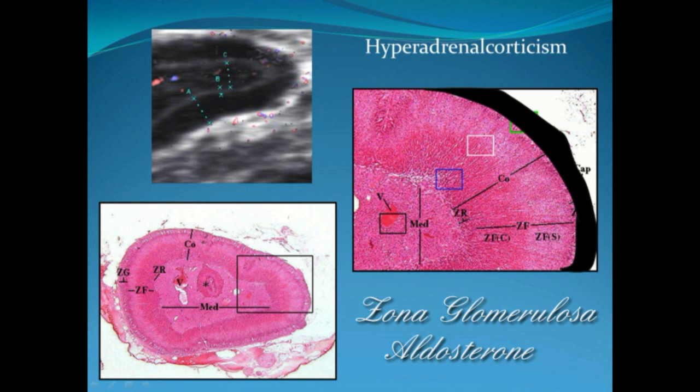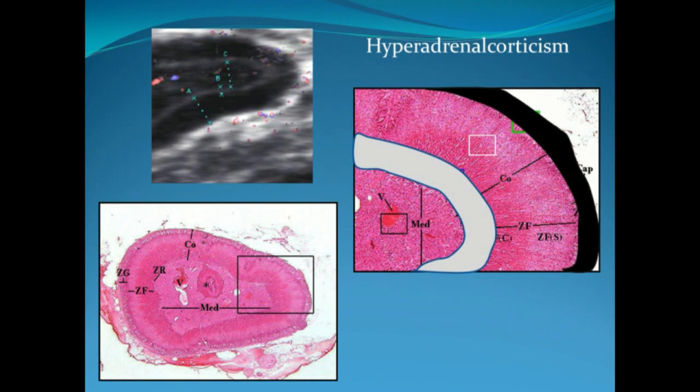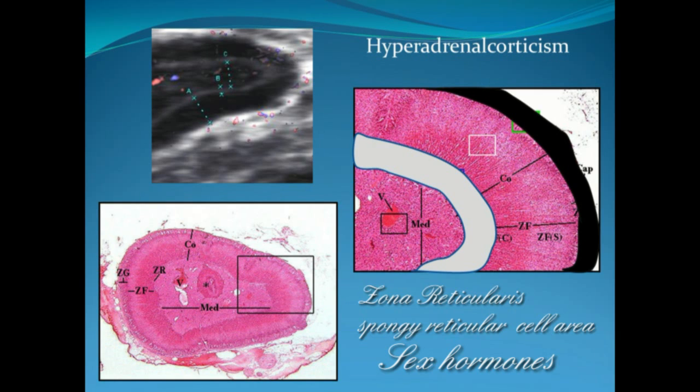Here's where aldosterone is produced in the pet, or in a human gland, or any adrenal gland of any animal, if we look at that. The next layer that we're going to look at is going to be the reticularis. And this is where your sex hormones are produced mainly, so your cholesterol from your blood is converted into them,